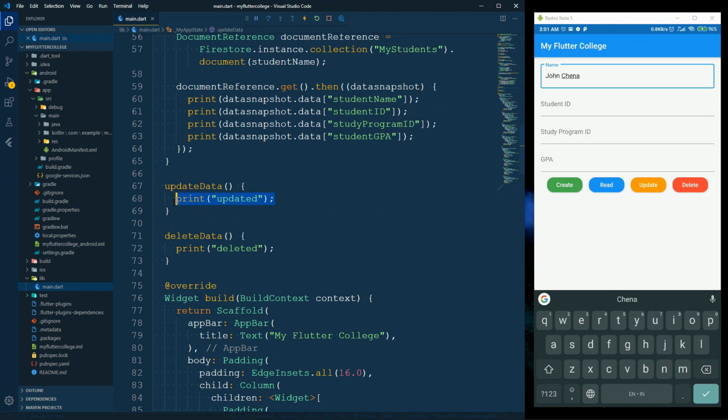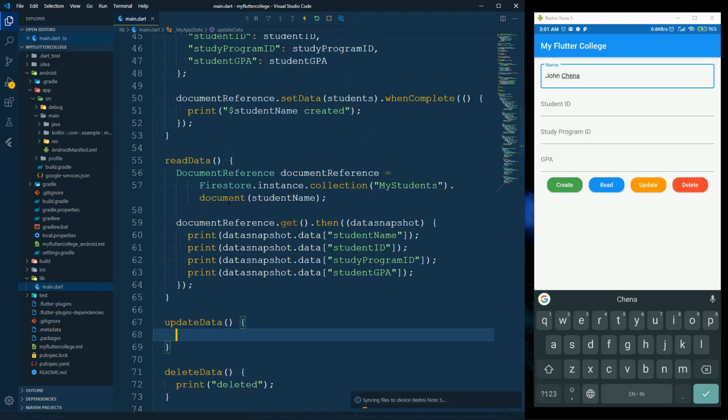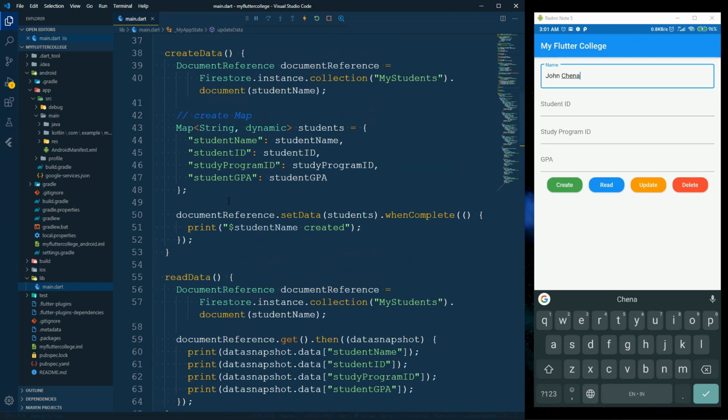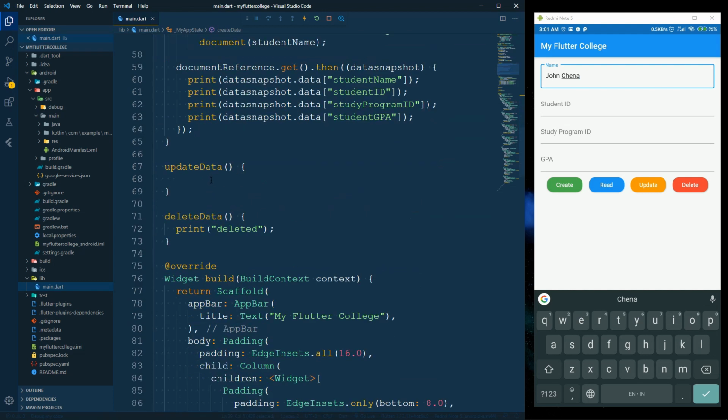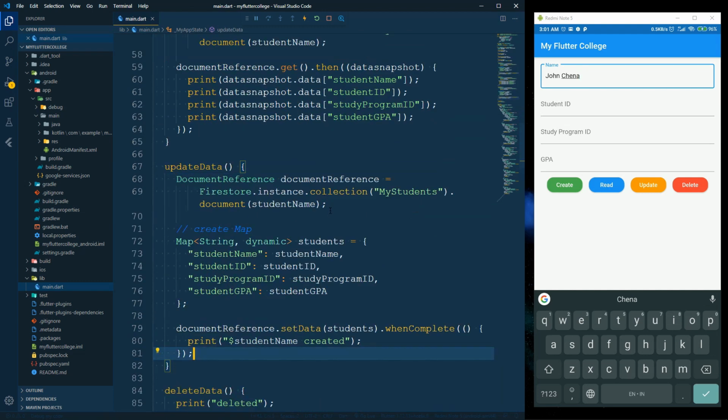So we need to delete this and update data. It looks similar to create data, so we need to copy this and then we paste here. Alright, so we say here update it,